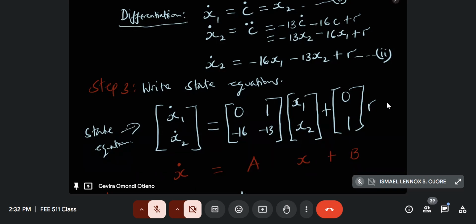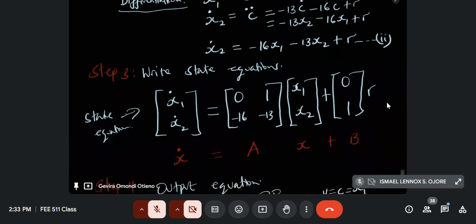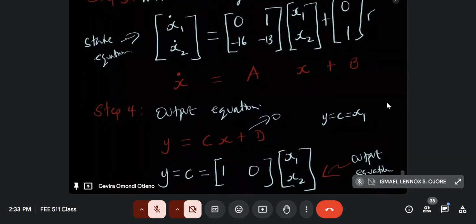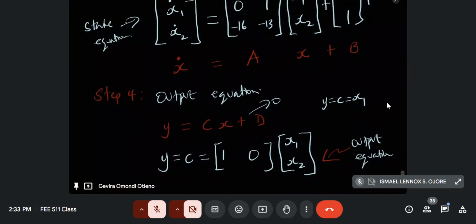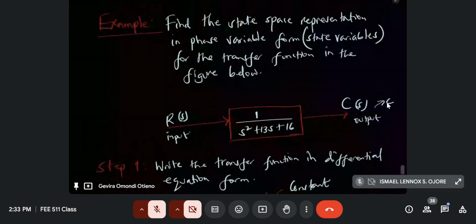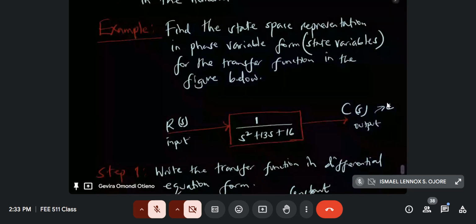And then on the right-hand side, we just make sure that we convert all the terms in the form of X1 and X2, in the form of the state variables. And then you form your matrix equations, and you are home and dry. So that is how we convert a transfer function that has a constant in the numerator into a